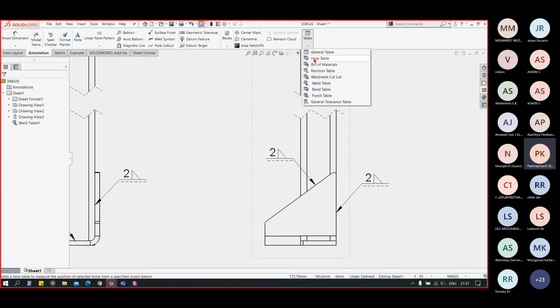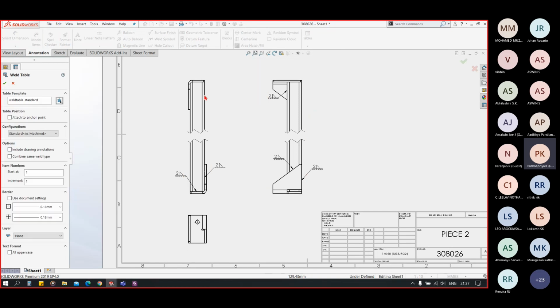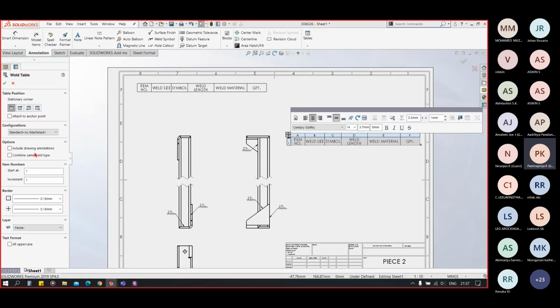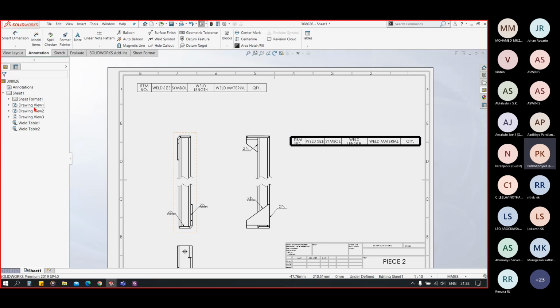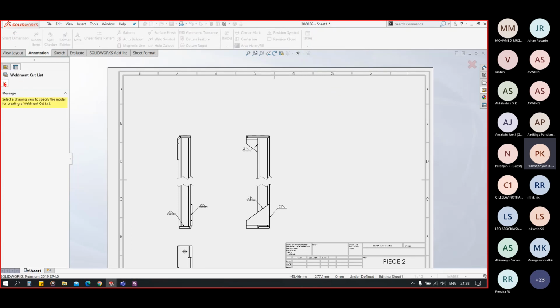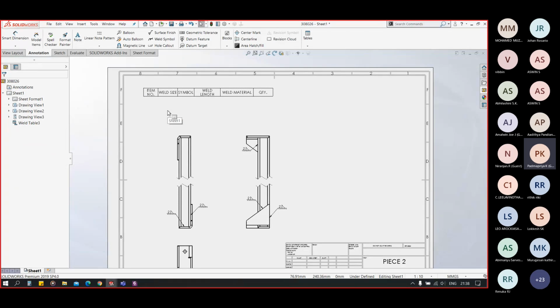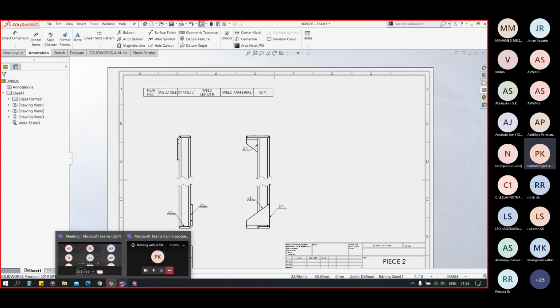Okay. So now let's go to the weld table, select a view, click on OK, and still it's not selecting the welding symbols.